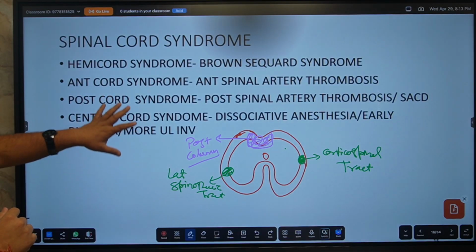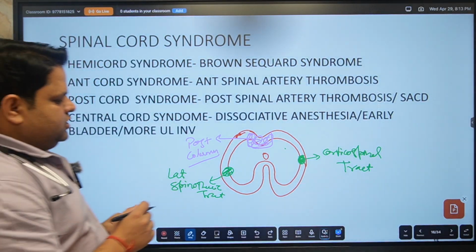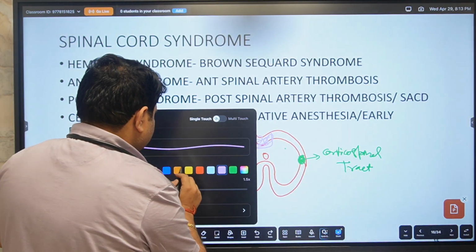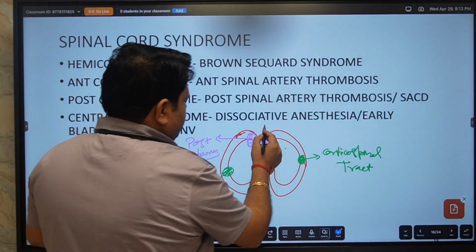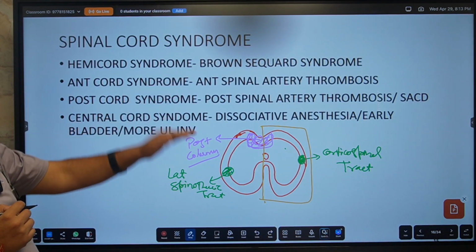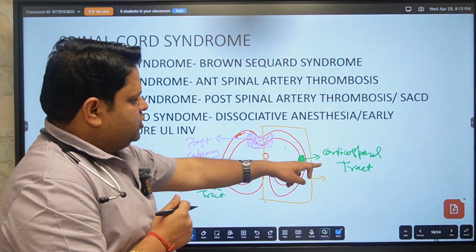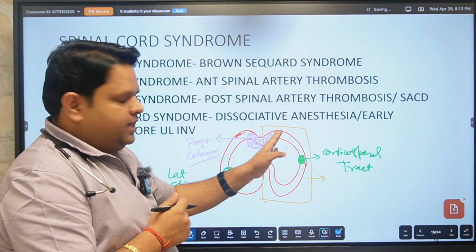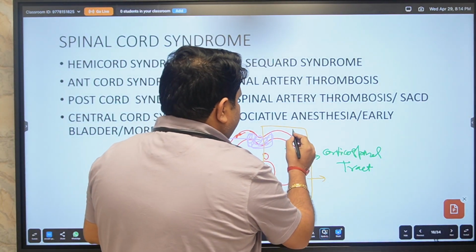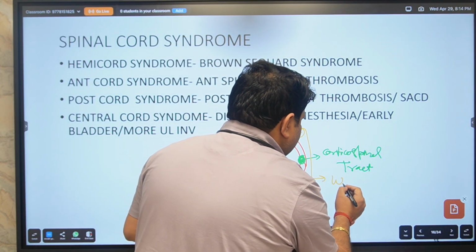So various types of spinal cord syndrome, like hemicord syndrome or Brown-Sequard syndrome, in which there is involvement of one half of the spinal cord. So in this, as we discussed, the corticospinal tract, the pyramidal tract and the posterior column are affected on the same side. So if this is the left side involvement of the spinal cord, it will cause weakness of the left leg,